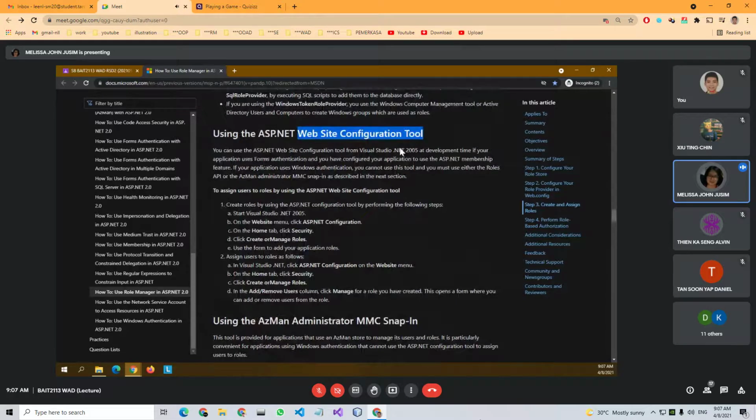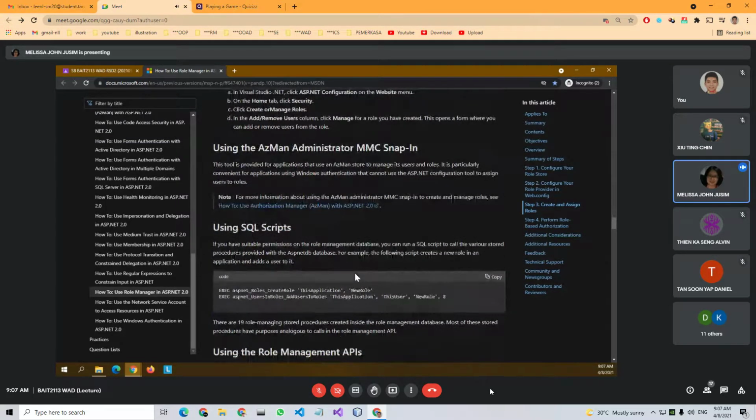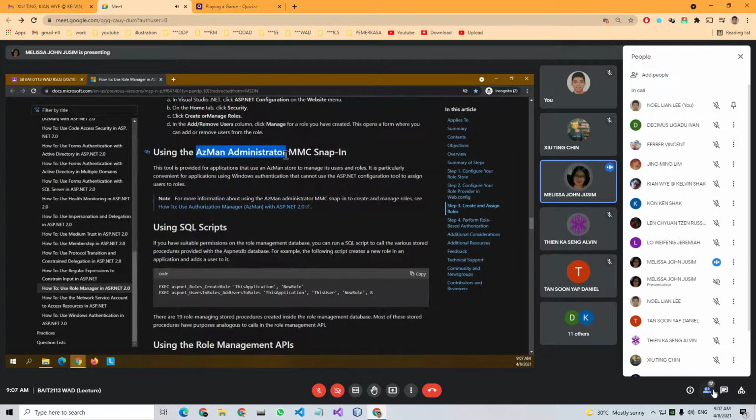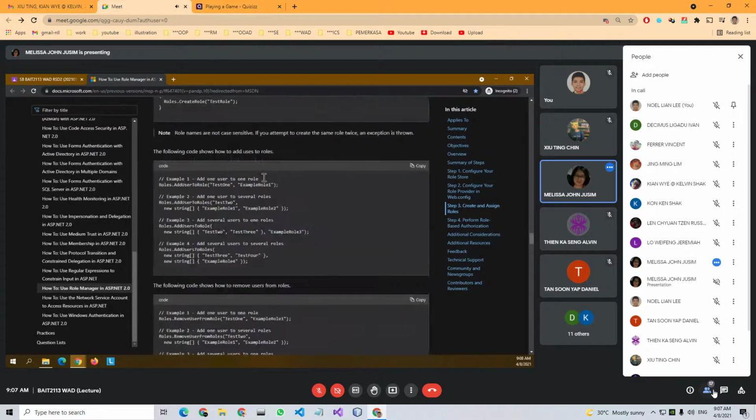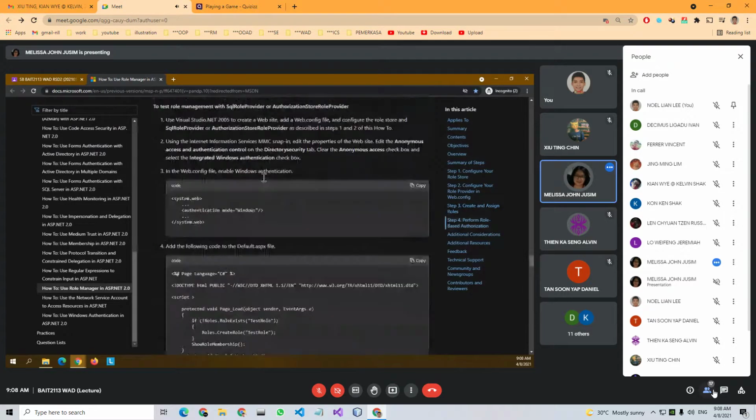If it's already there, we can simply go to the security tab and create the roles. I tried to use the administrator. I was unable to do that. Okay, let me see where's the code. Role-based authorization.